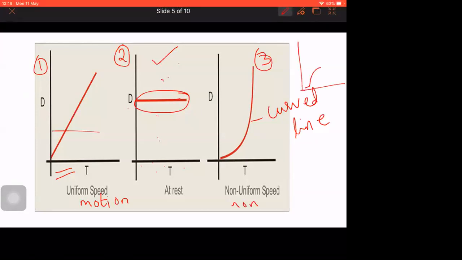Ma'am, I have a doubt. Yes. So every time in uniform and non-uniform speed, we start the line from the origin, no, ma'am? It is not compulsory that it should start at the origin. For our convenience, because you are learning this from the basic stage, we are taking it from the origin, but it's not compulsory that it should start from the origin.